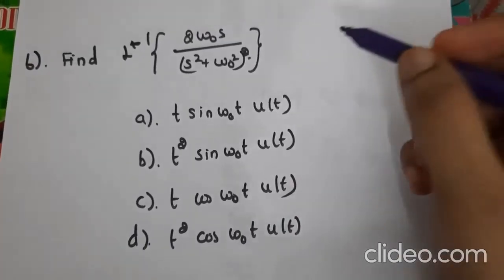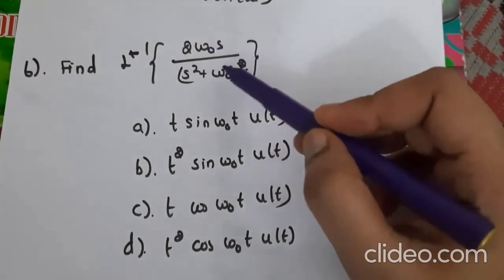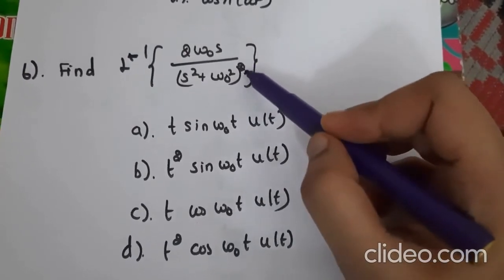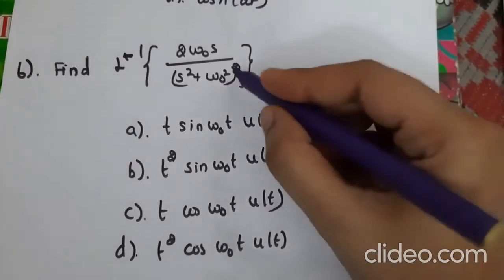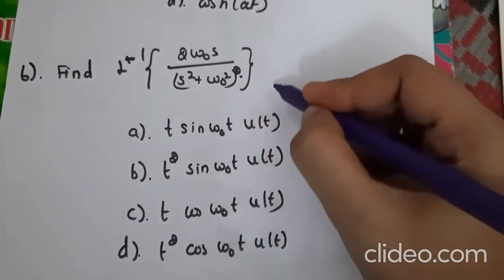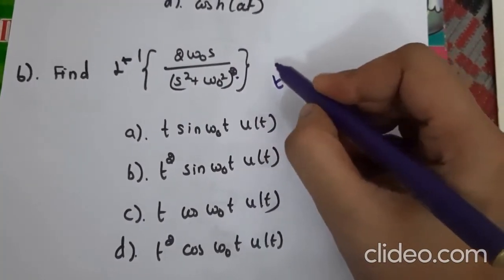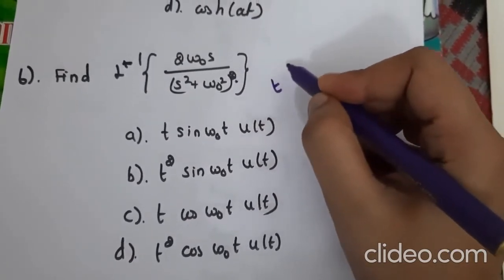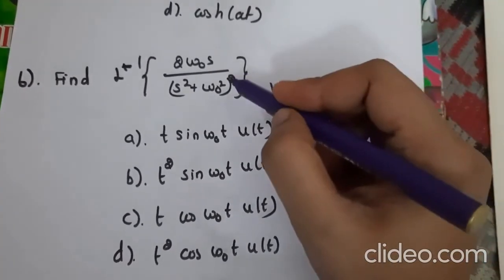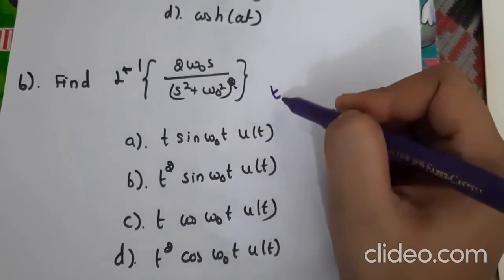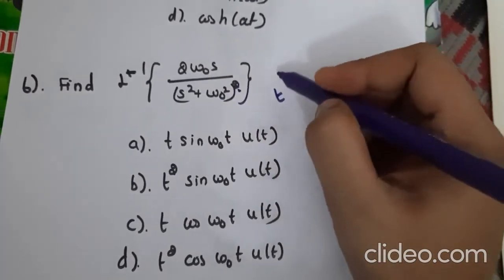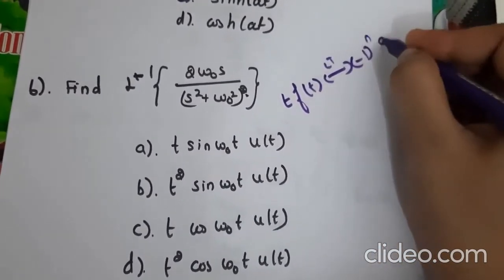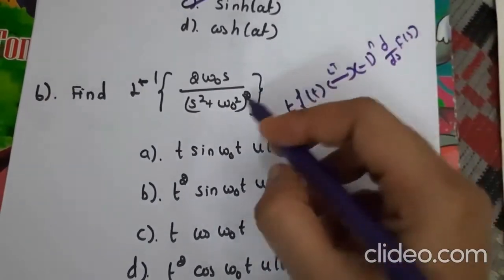Next question, find the inverse Laplace transform for 2 omega naught s divided by (s square plus omega naught square) the whole square. In this question also we have this square term. The power is 2, which means the answer must have t, because 2 means t to the power 1 only, 3 means t to the power 2, like that we have the answer. So here for 2, in the answer we have t, and for t into f of t, the property is minus 1 power n and differentiation of this Laplace transform.